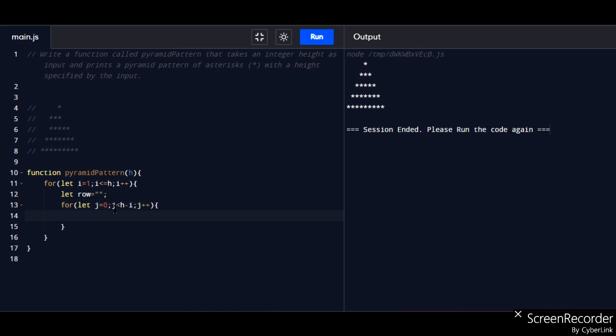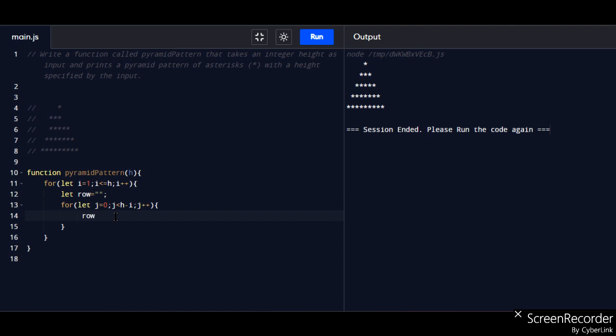That is the question basically, and we have to take let row, no, again we don't have to take let, because this is block scope. If we want to override the value with a new value, and we define it with let again, it will not override it.